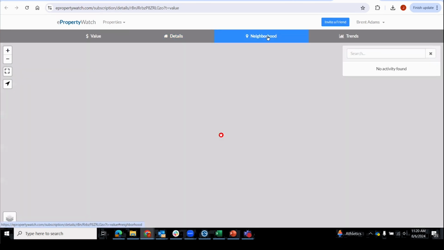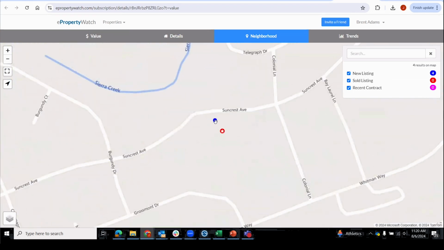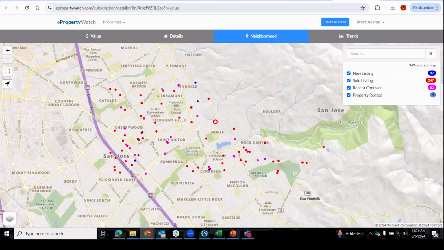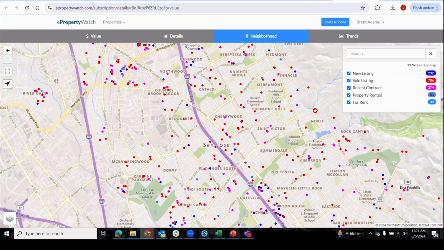Now on the neighborhood tab, it allows you to again see what's going on around your neighborhood. The star indicates the property that's right next to us. Well, the first thing you might notice is there's also a new listing right next door. As you scroll out, and you can only scroll out to a certain point, and this is about it. Once you move over, anything that's going on in this area is going to show up as